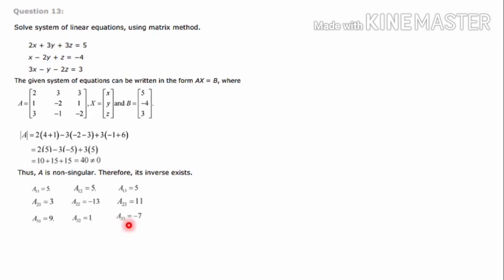Next one is A33, that is third row, third element. That particular row and column is gone. 2 into minus 2 is minus 4, then minus 3. Minus 4 minus 3 is minus 7. And here 3 added to 3, 6 will come. 6 is even, so the sign is plus. So the outside sign is plus, and we have got minus 7 as the value. So the final answer is minus 7.